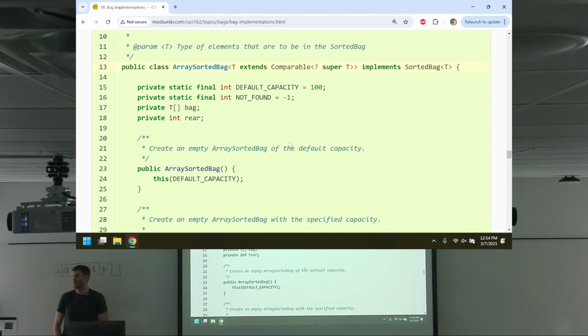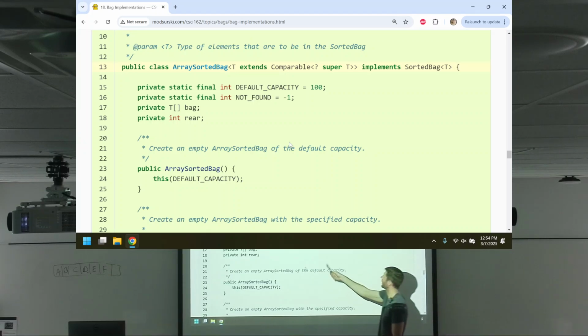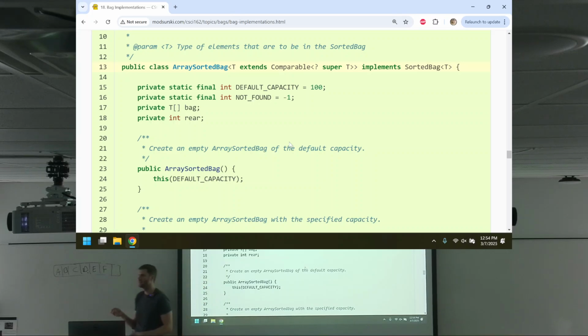How do we start this class? Public class ArraySortedBag. Weird stuff going on here. Implements SortedBag. All right, but what's going on here? Well, the thing of type T has some conditions. If it's a sorted bag, the elements themselves determine the ordering.